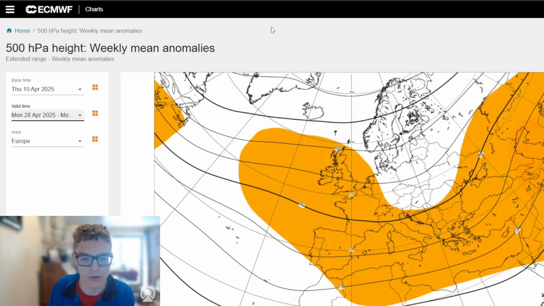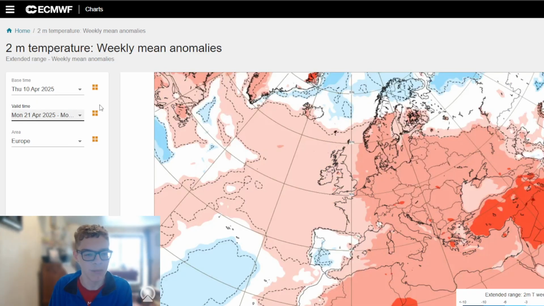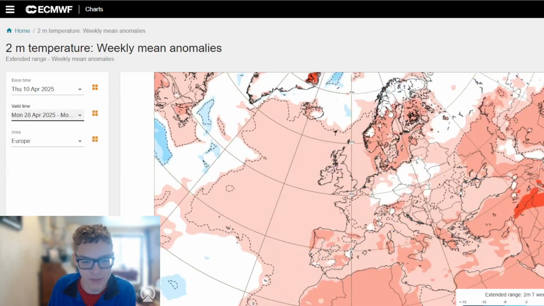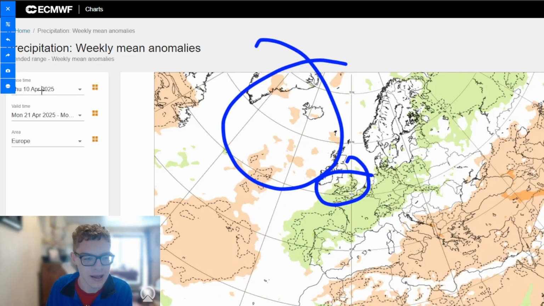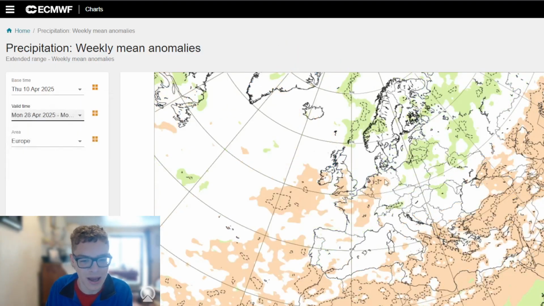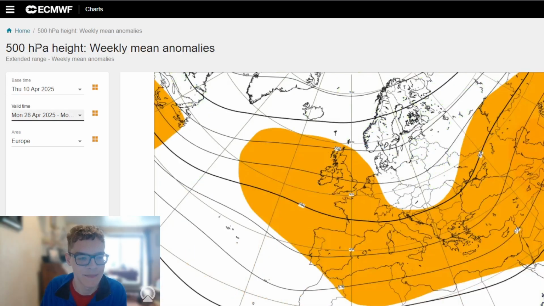Trough of low going to the north, low pressure probably this white area going towards Greenland and Scandinavia. We're probably quite dry and quite mild. Temperature anomalies are slightly above average again, and the precipitation anomalies are also drier than average, as you'd expect with that high pressure sat over the top of the country, so not too bad.